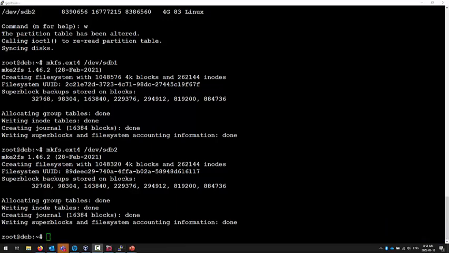Okay, now that you have created your partitions and formatted them, we want to add them to our file system. Now, if you recall our earlier conversation, there are no different drive letters. When you add new partitions to Windows, you can add it as a subdirectory like we're going to do here in Linux, but normally when you add a new drive to Windows, when you plug in a USB,